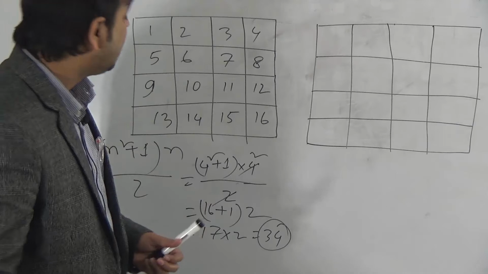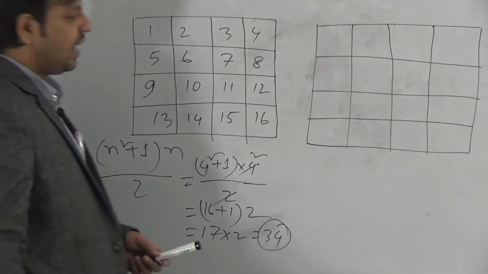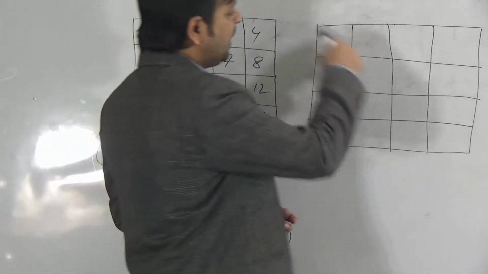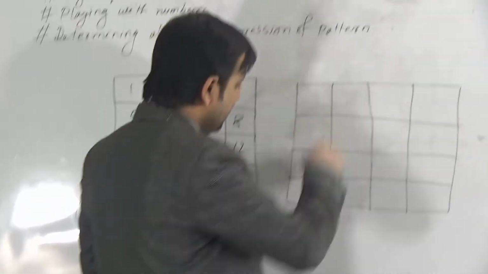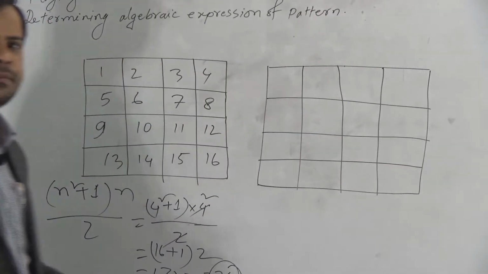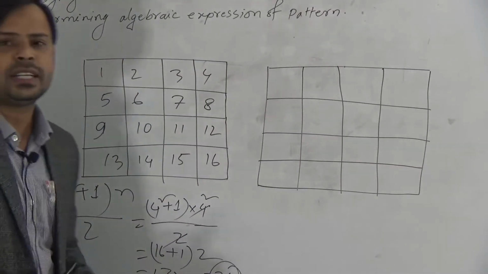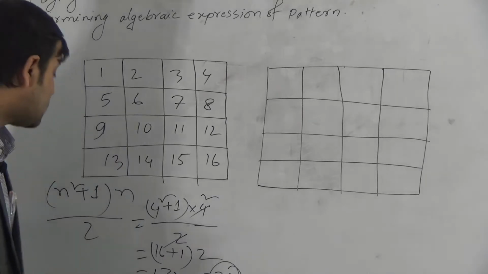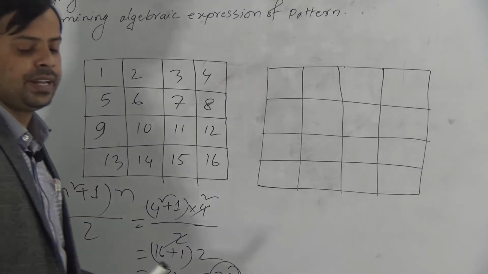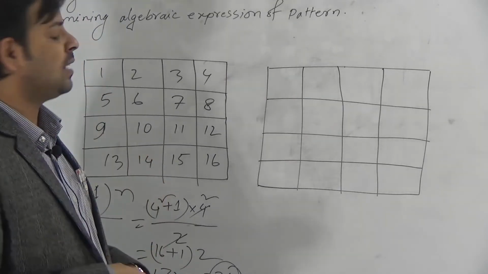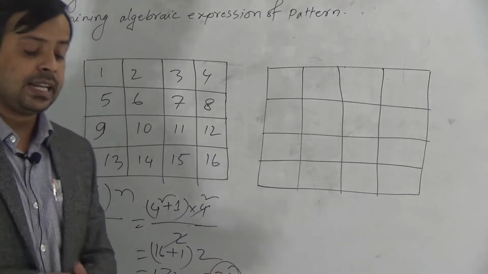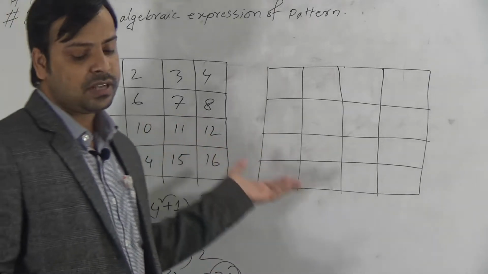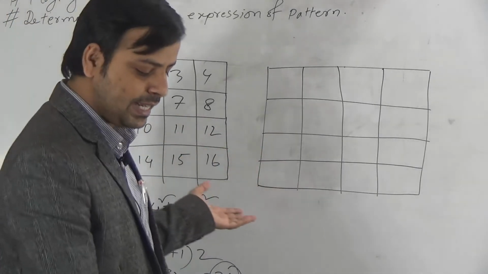It means that if we add the numbers diagonally, horizontally or vertically, the sum will be same and the sum will be 34. Okay, dear students, now see, how can we arrange? We can arrange this number in different ways, just I'll show you only one technique, okay?